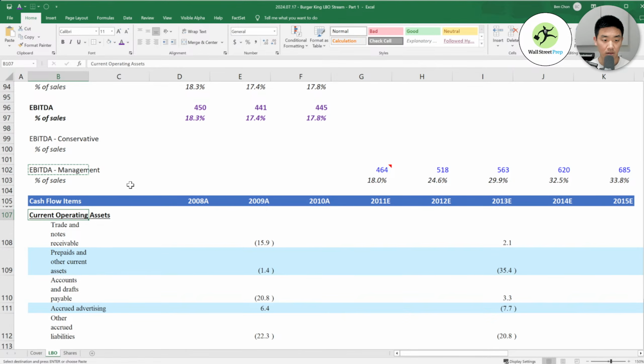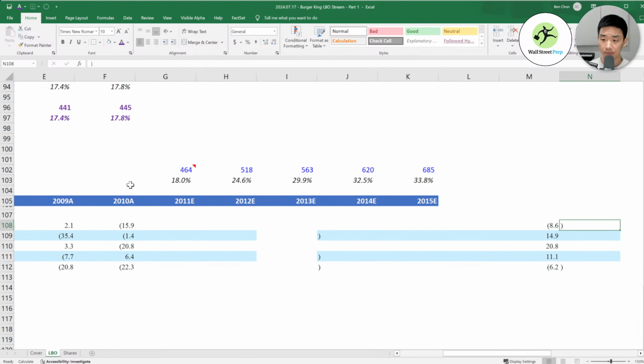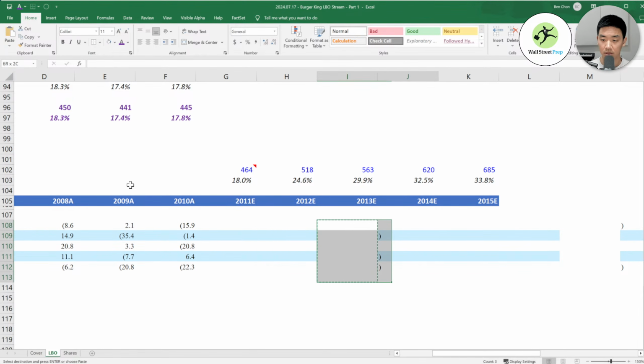So these are for 2010. These are for 2009. And these are for 2008. And we don't want any of this stuff.